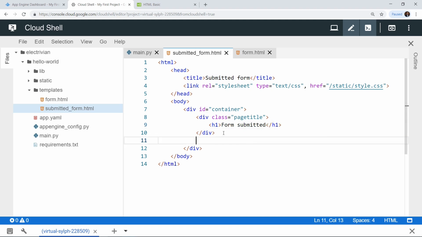Okay, so now after adding the form submitted h1, now we have a new div. So we have a div followed by a closing tag on the div. Okay, so now this div has again the id of main.